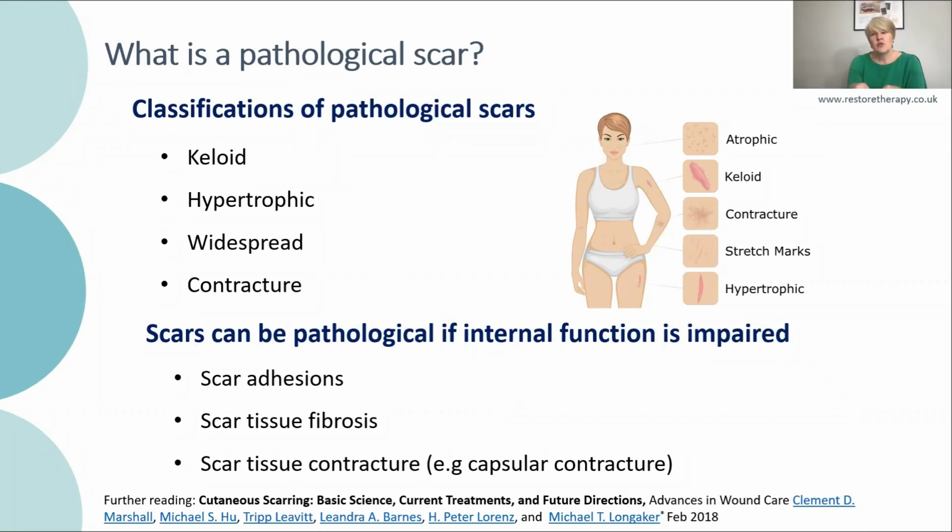But it's important to remember, and this is something I promote a lot with the training and the work that we do to increase awareness around scar tissue, you could have a beautiful normal atrophic, fine line, flat pale scar on the surface of the skin, but that doesn't mean it's not pathological in the way that it's functioning in the underlying layers, in the way that the scar tissue has healed deeper in the area that's been traumatized. So that could be scar adhesions, scar tissue fibrosis, scar tissue contracture, such as capsular contracture,